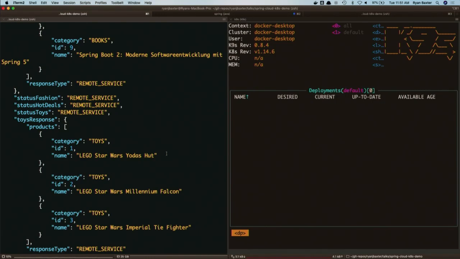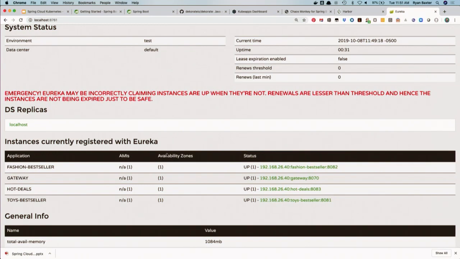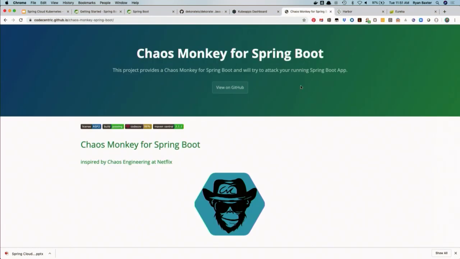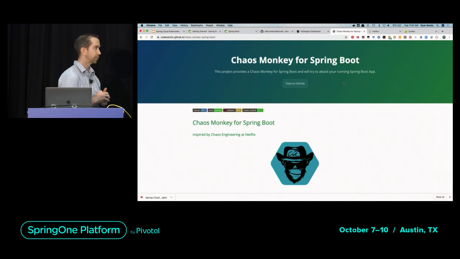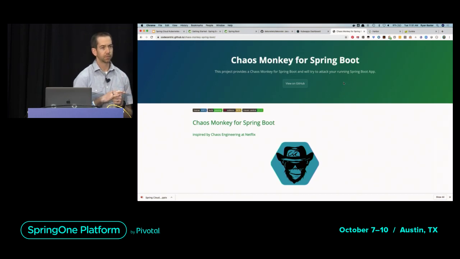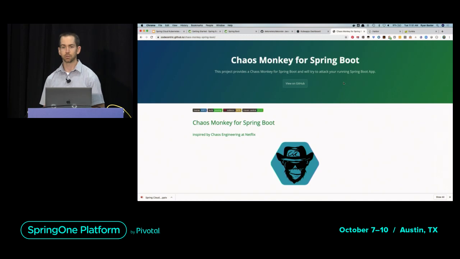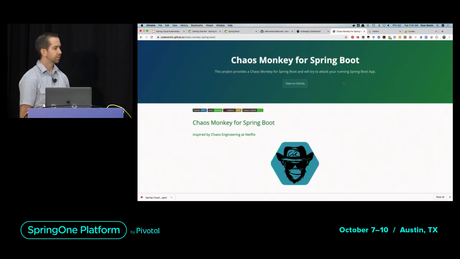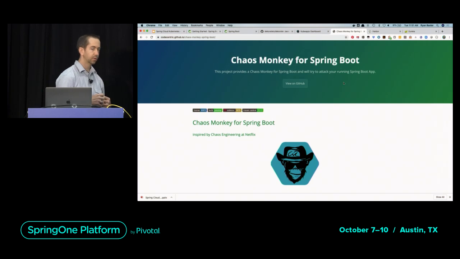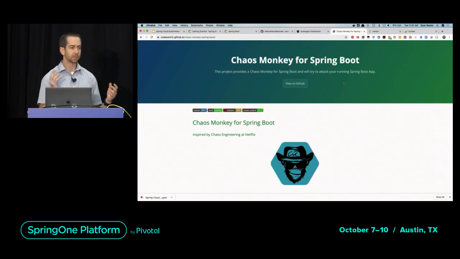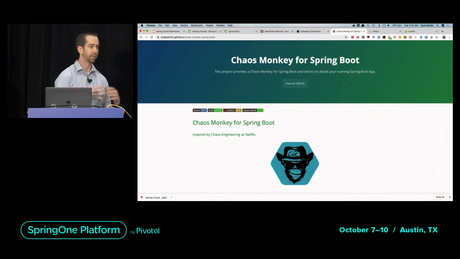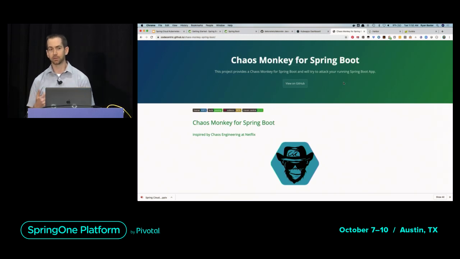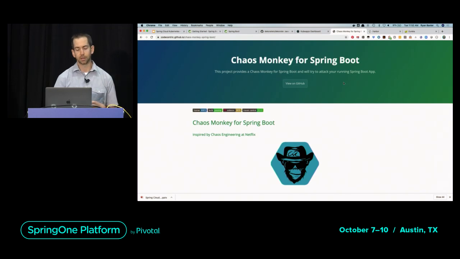Another tool that I'm using here in the apps, if everyone's familiar with chaos engineering, is this really cool tool called Chaos Monkey for Spring Boot, which basically allows you to implement chaos engineering principles into your Spring Boot apps. One of the things this tool will do, which is really cool, is inject random latency into REST controllers, right? So I hit a REST controller, and every so often randomly it's going to hit a delay and be very, very slow to respond, right? This is one of the areas where you might want to think about providing resiliency in your applications, using something like a circuit breaker to trip when the app is taking way too long to respond, right?